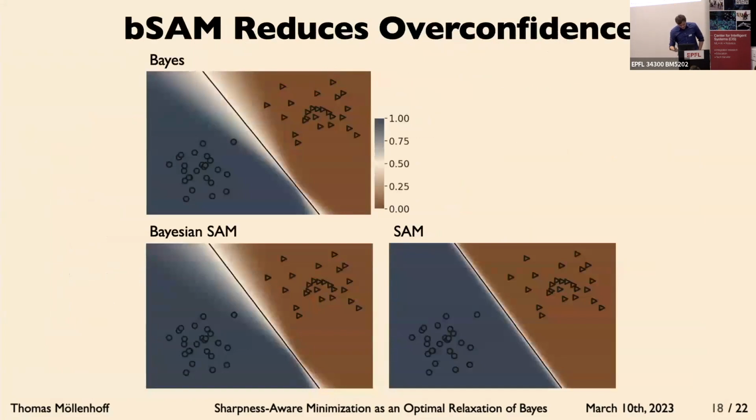Okay, so let's maybe go over the results. Our BSAM method, we first evaluated on some very simple toy classification problem, logistic regression problem, where this normal Sharpness-Aware Minimization finds quite an overconfident decision boundary. And if we run our Bayesian method, we can find a solution which is more uncertain in regions where there is no data. They're similar to this exact Bayesian posterior, which we can analytically compute on this simple toy problem.